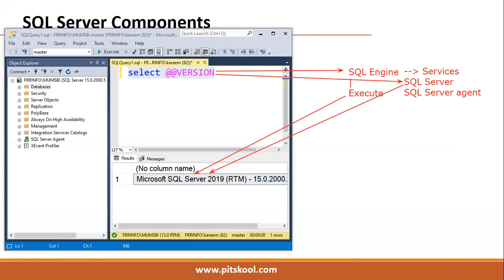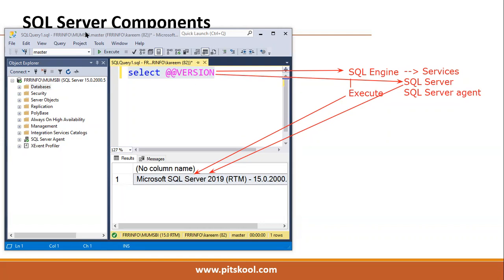Whether the server is running or not, we have to see this service actually. We have to see the SQL Server service. If the SQL Server service is running, then it means the server is running.